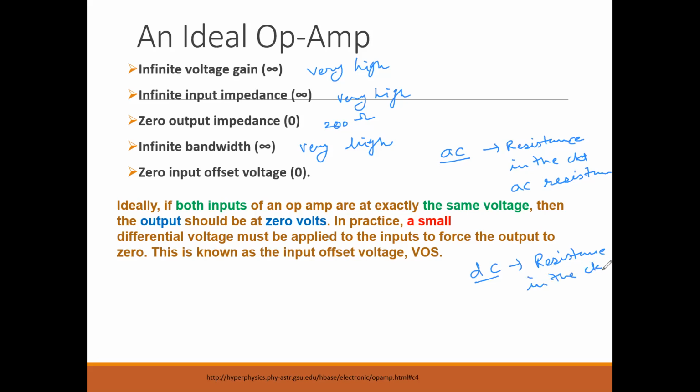resistance in the circuit is called DC resistance. Instead of only resistance, we will call it DC resistance. And if both supplies are there, AC and DC inputs, then the resistance in the circuit is called impedance. AC resistance plus DC resistance is called impedance. Collectively, it is called impedance. Separately, we don't discuss AC resistance and then DC resistance. Collectively, it is called impedance. For example, like this is an op-amp.